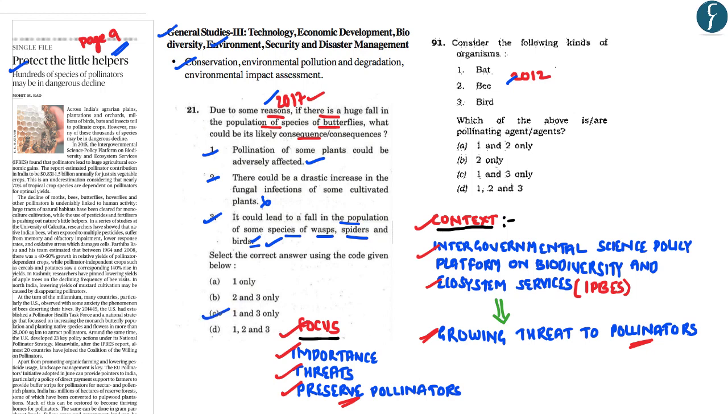That is 1 and 3 only. Now coming to the question asked in the prelims 2012, the question was, consider the following kinds of organisms: bat, bee, bird. Which of the following are pollinating agents? Now here all the three organisms act as pollinators. So the correct answer to this particular question is D, that is 1, 2 and